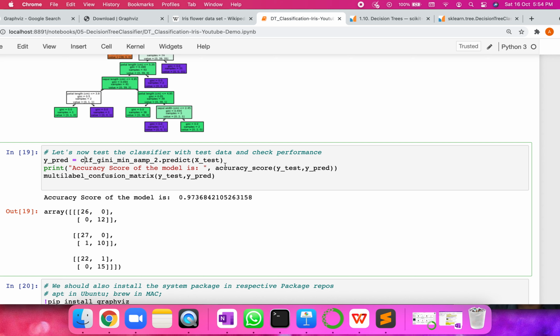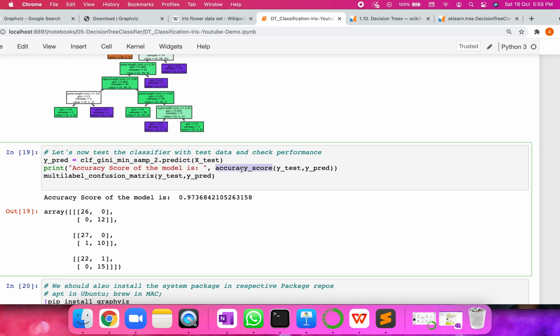Now with those predictions, we are going to see how well it has predicted. How do we know that? There are a couple of options. One is, we have Y underscore test, which is the actual Y values for these input test values. These are the input test values, and this is the output test value. We'll pass the actual output values and the predicted output values into a function called accuracy underscore score.